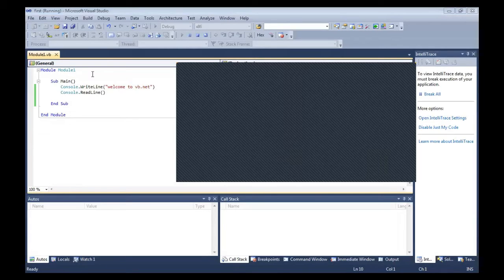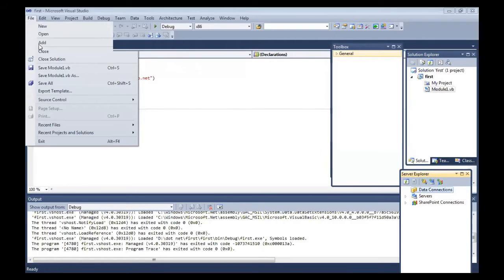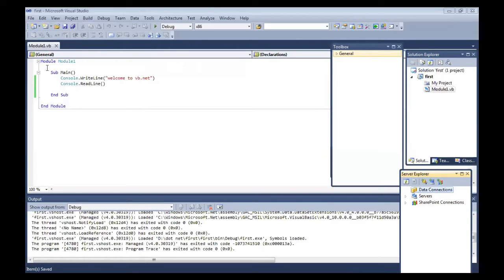Now how to save this program? To save this program, you simply stop this. Go to file, then save module. This will save your module under the selected path. For this application, we have a storage, that is, over the D drive there is a folder. In that folder, we are going to save this application.